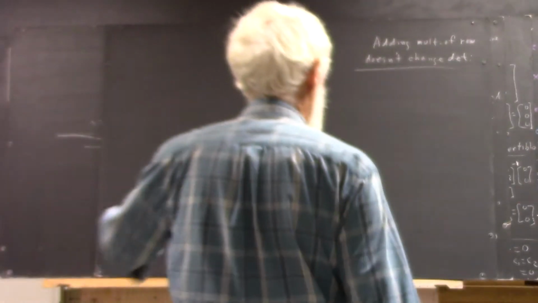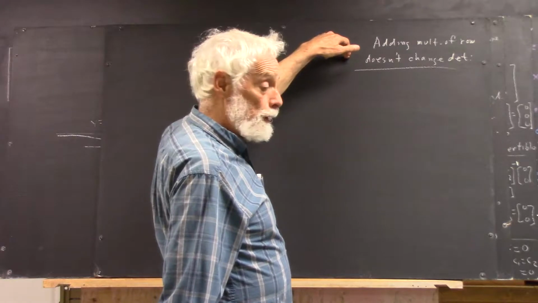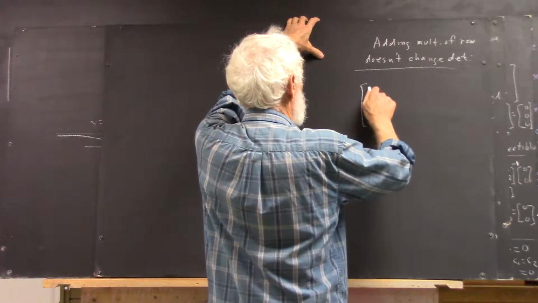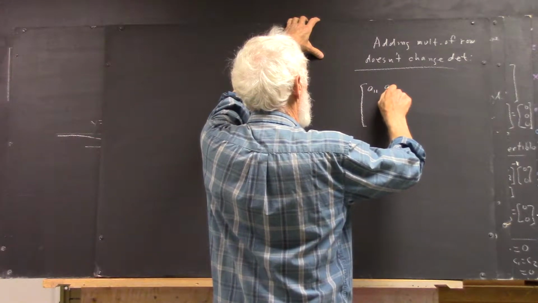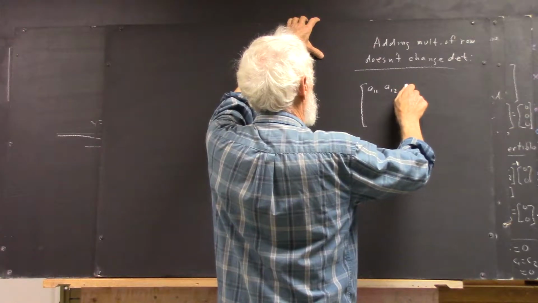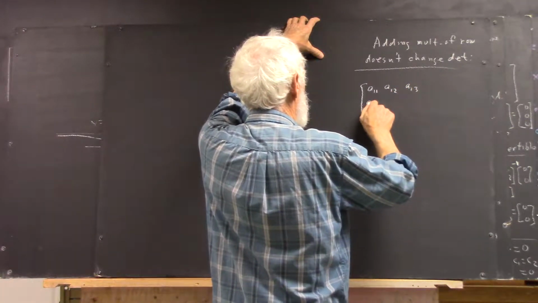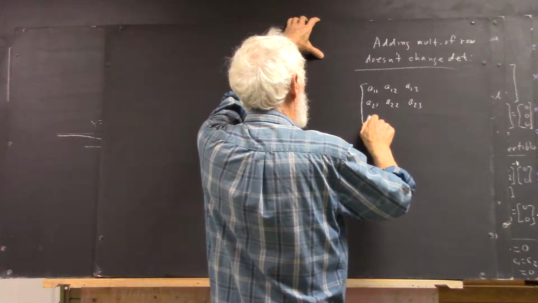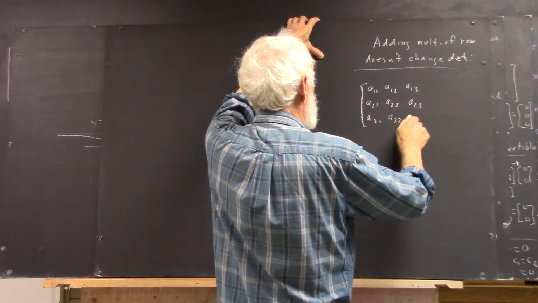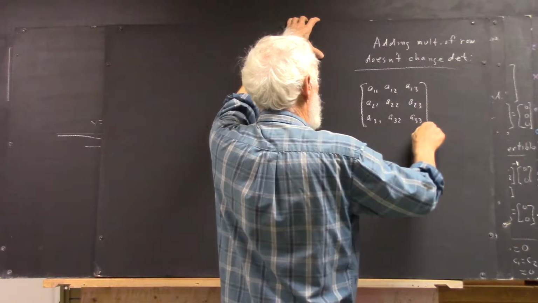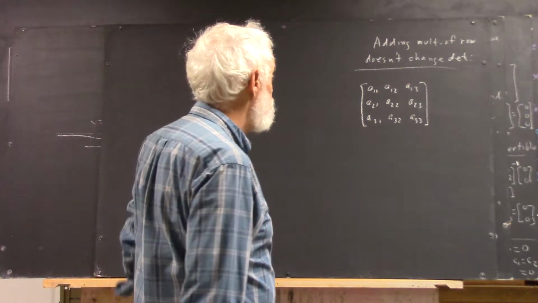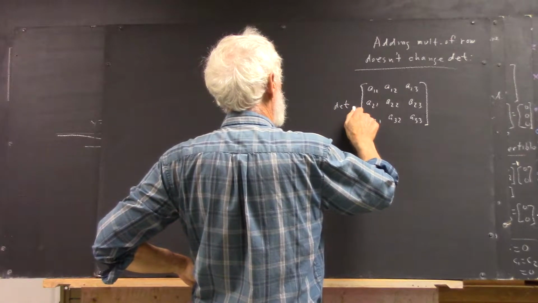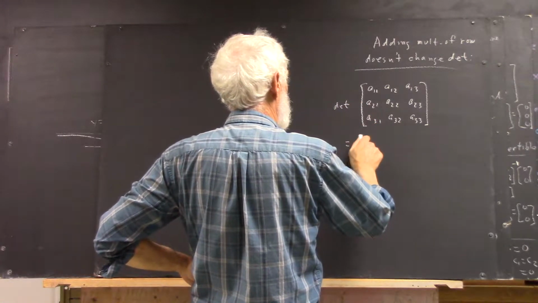Okay, we want to prove that adding a multiple of a row doesn't change the determinant of a square matrix. So let's just write a general square matrix. And I'm actually not going to write a general square matrix. Okay, here's our matrix. And the determinant is then